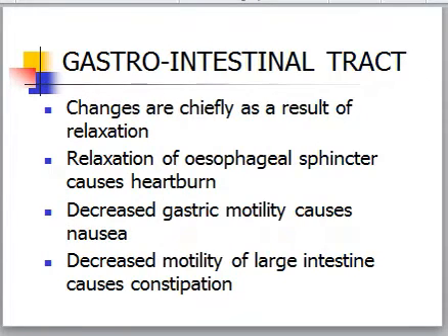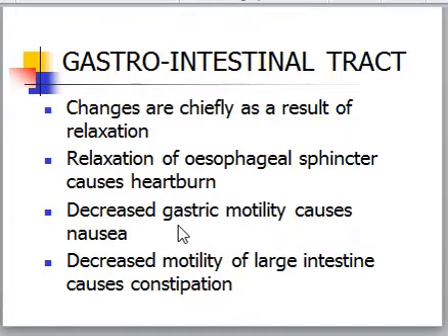the changes in the gastrointestinal tract. GI motility decreases as a result of the increased gastric emptying time. What are the reasons behind that? Due to the increased transit time for chyme to pass through the intestinal lumen, more water is absorbed, which leads to constipation. Third, the enlarged uterus presses on the stomach, which increases the intragastric pressure. And finally,